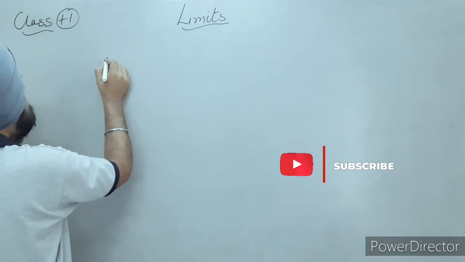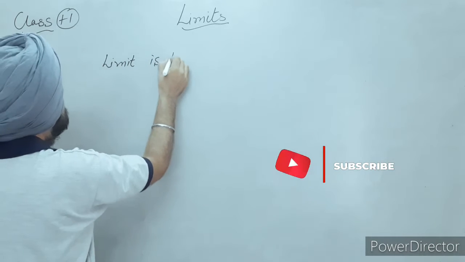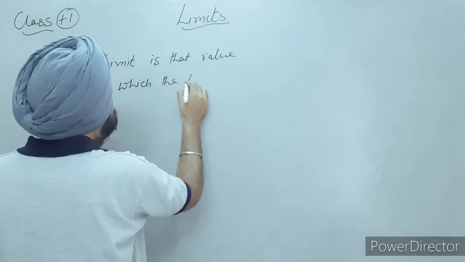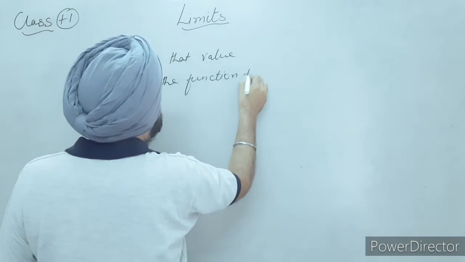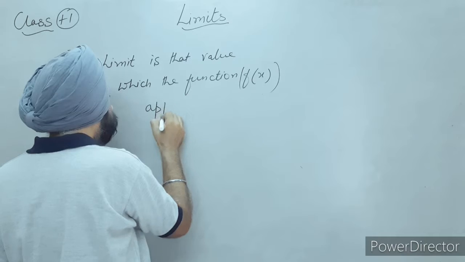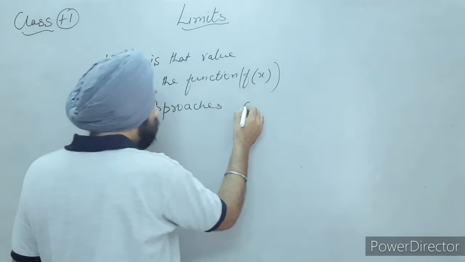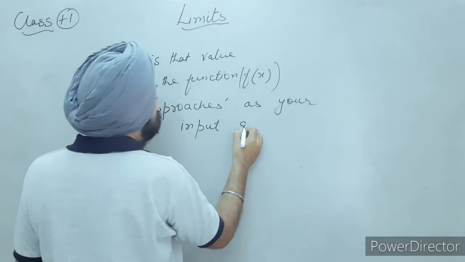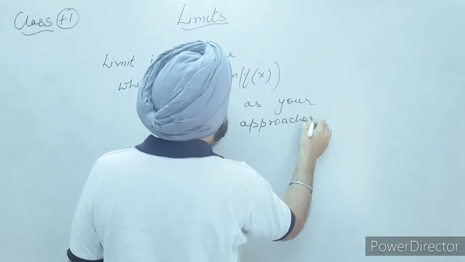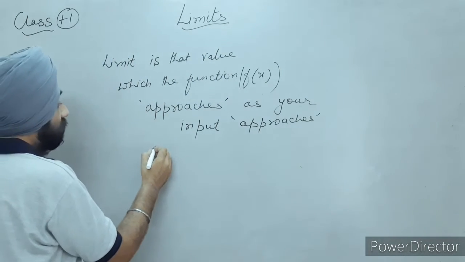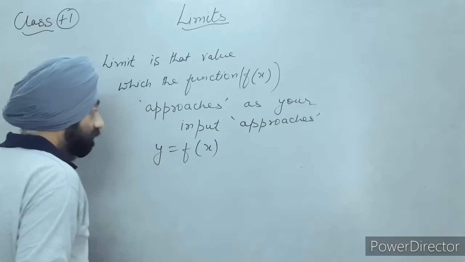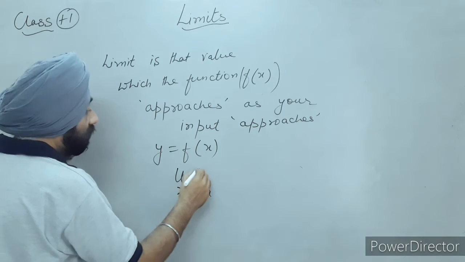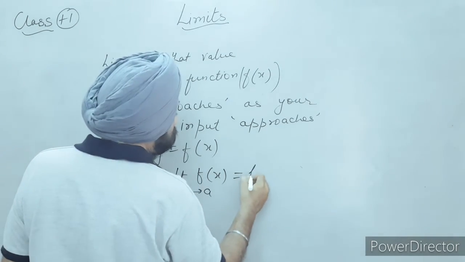Now, limit is that value which the given function, f(x), approaches as your input approaches. Say I have a function y equals f of x, right? Now if I take the limit as this input x approaches a, f(x) attains some definite value,